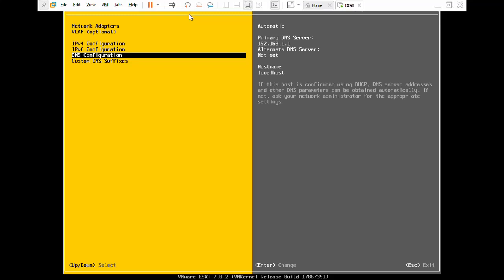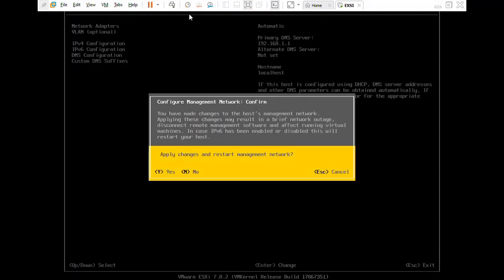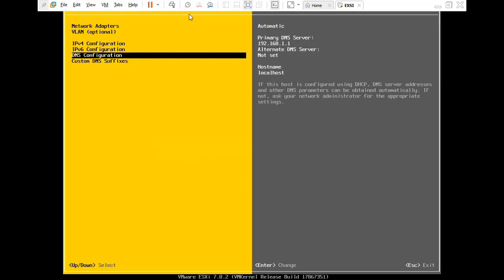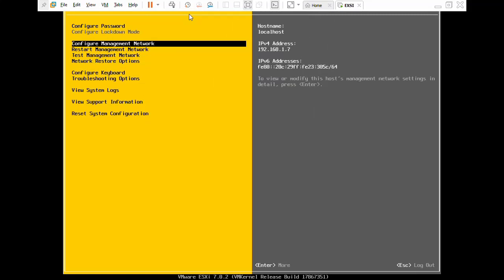So this is it, and I have assigned, I have logged in, and there is one more option I will show to you here. Just press escape, configuration network. Yes, I want to apply the configuration. Just press yes. So I have applied this configuration. This configuration is done,